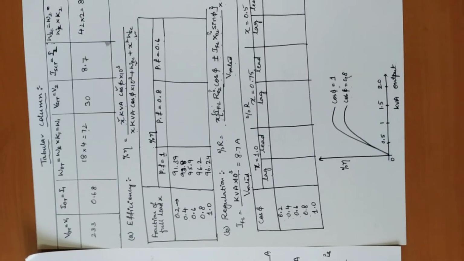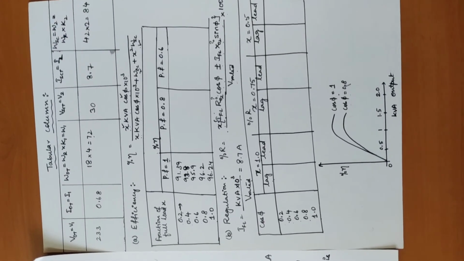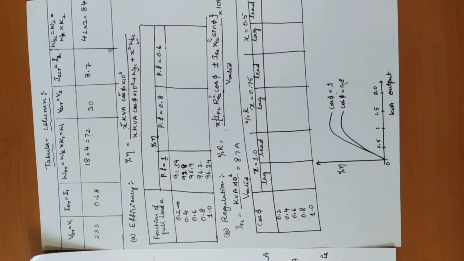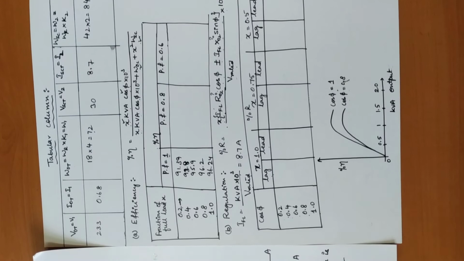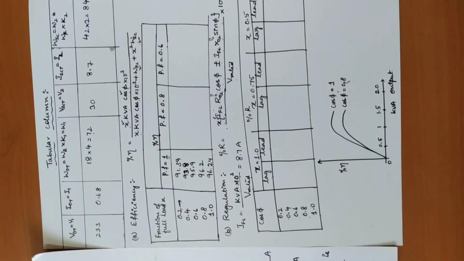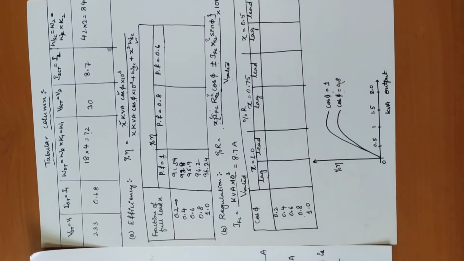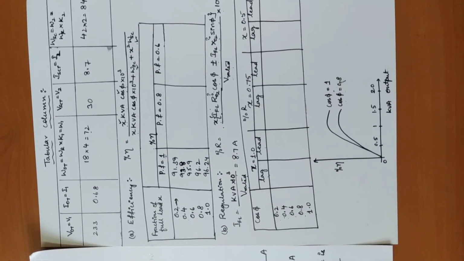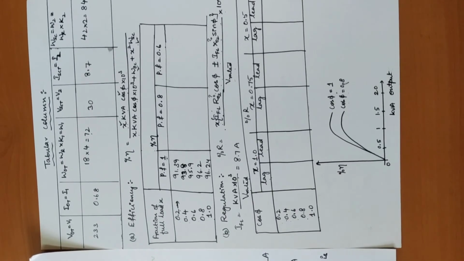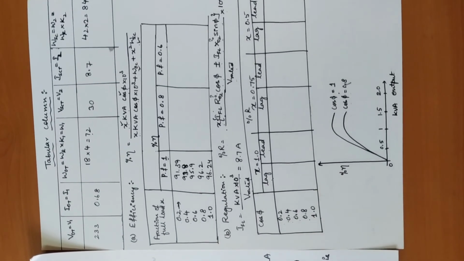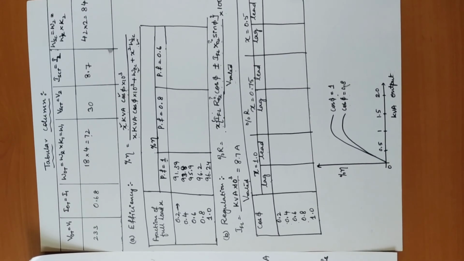So finally, the result will be that the Sumpner's test on similar transformers is conducted, and the combined and individual transformer efficiency is determined, and the graph of efficiency and kVA output is drawn for different values of power factor. In this test there is one more question: they may ask you to conduct the heat run test. This is almost a similar way. This test is also called a heat run test, which is conducted in order to determine the temperature rise during loaded conditions.